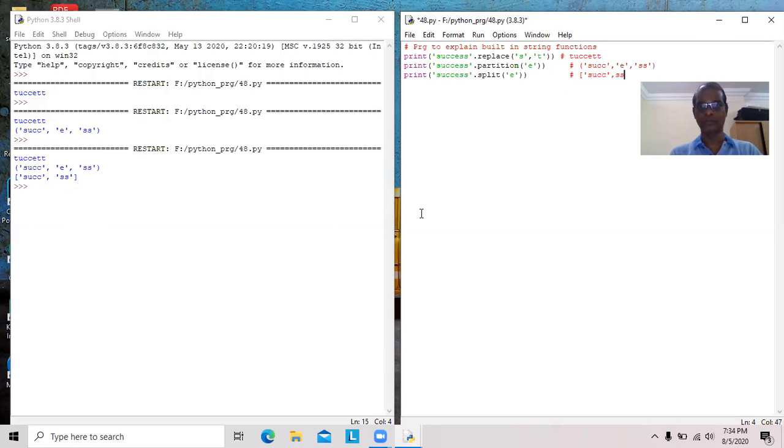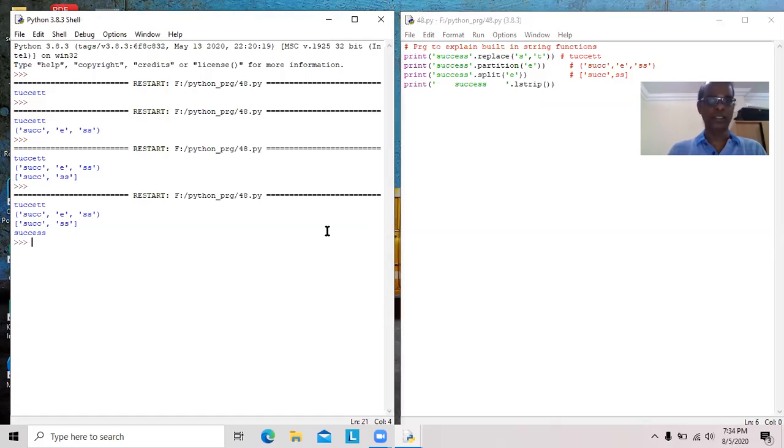Next we will see so many blank spaces before the text, after the text, on the left hand side of the string, right hand side of the string. Then L strip. See here, I'm giving so much space before the text, that is the left hand side.